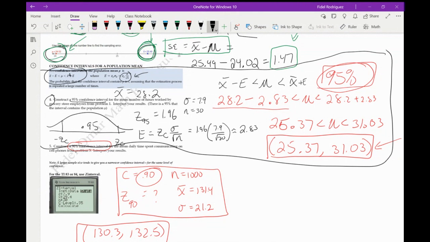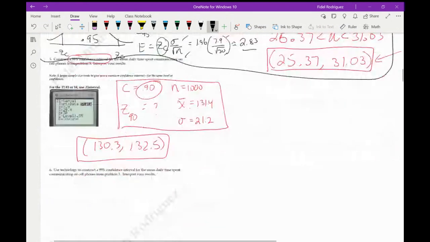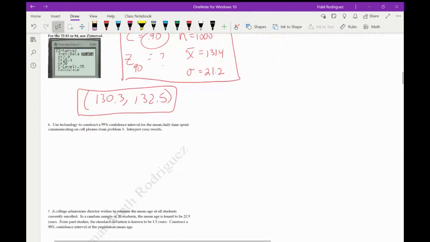Think about what I was doing on this part right here. We're subtracting two numbers and adding two numbers, right? And this part here, we could find using that little table. These numbers were already given to me, so I multiplied a couple of numbers and then subtracted and added. It wasn't a ton of calculations, but it can seem overwhelming at times. But I want to point out that the calculator will do a lot of this computation for me, okay? So look, let's do number